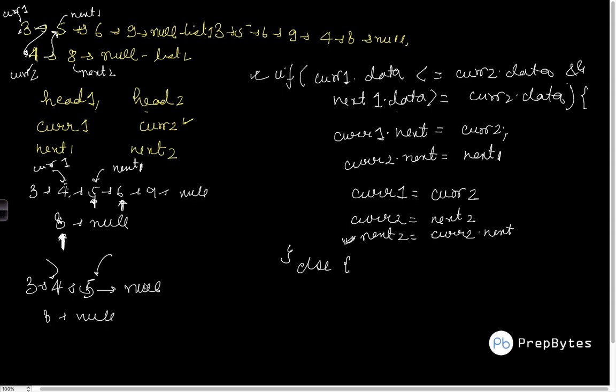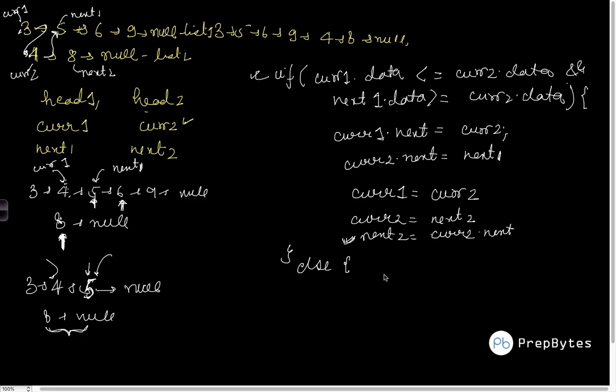Now what will happen is that my next one will become null and my cur1 will become this particular thing. But obviously since the list has exhausted over there, there is no point of checking any further. We can simply put whatsoever is remaining in list 2 after 5, right? So we have to do one thing. We have to have two situations over here.